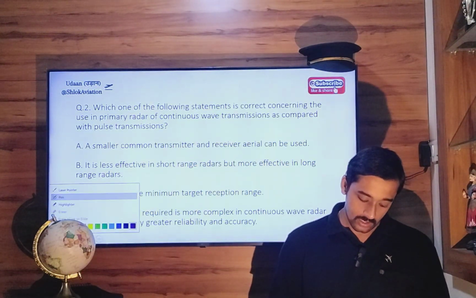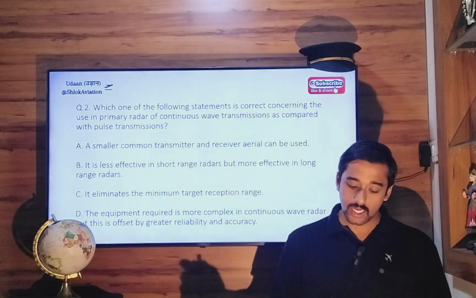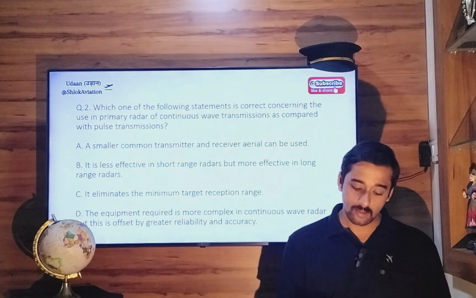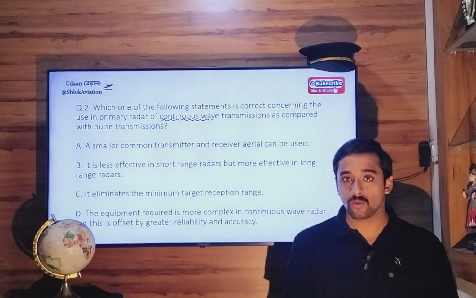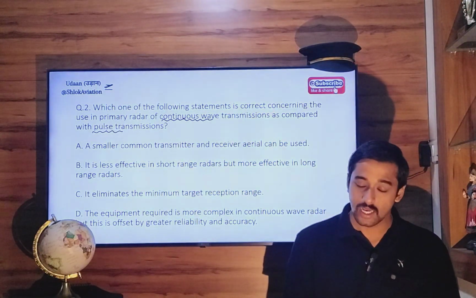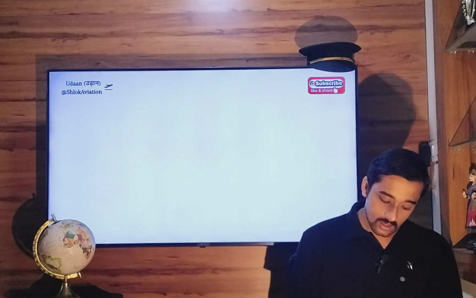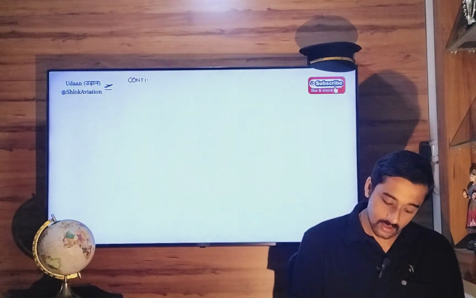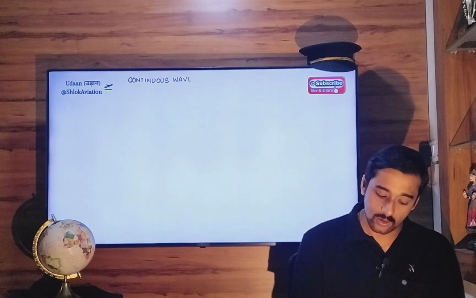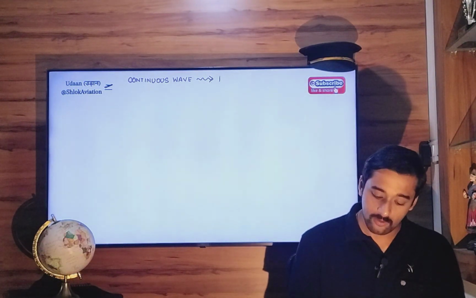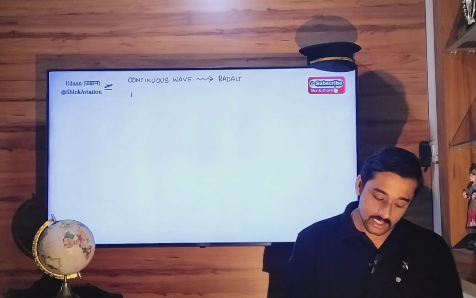Which of the following statements is correct concerning the use in primary radar of continuous wave transmissions as compared with pulse transmissions? Now there are two modes of transmission, continuous wave transmission and pulse transmission. Continuous wave transmission is used in case of the radio altimeter instrument. Pulse transmissions